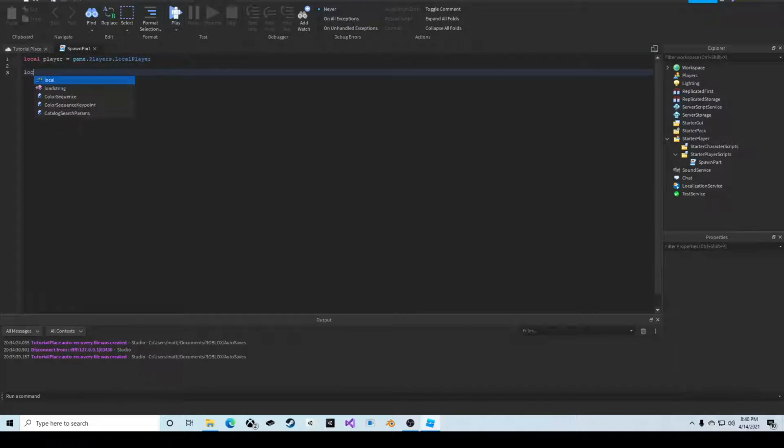We will make a new part, so local, and then variable name, local new part is what I will call it, equals. And remember, you can always call variables whatever you want. It does not matter, so long as it holds an object and you can remember it, then the name should work just fine. So we'll write